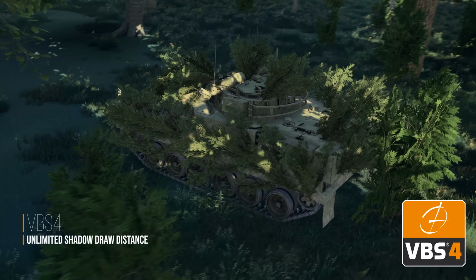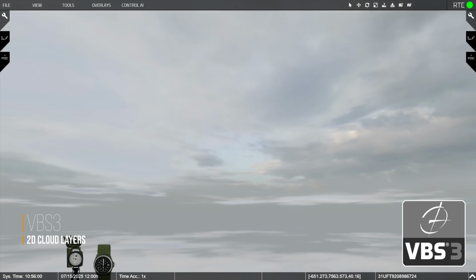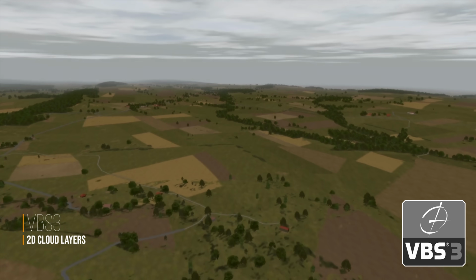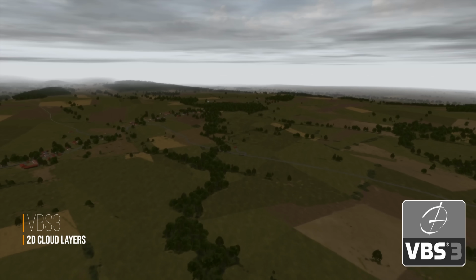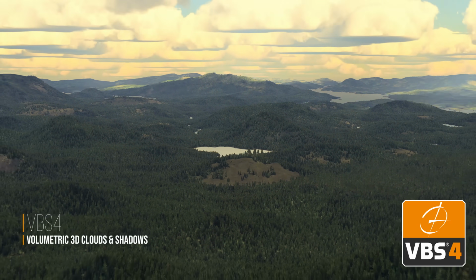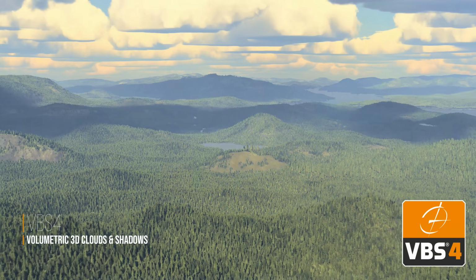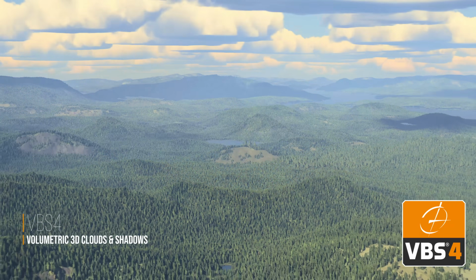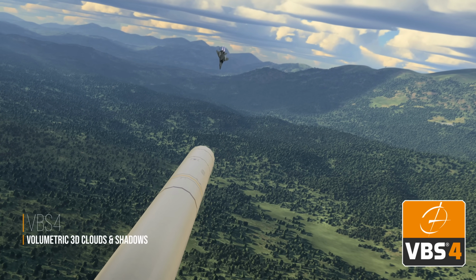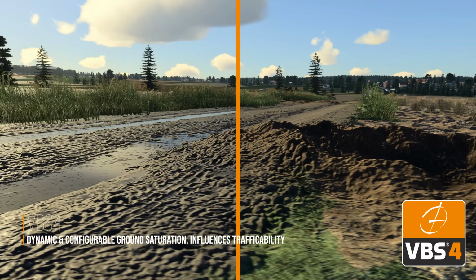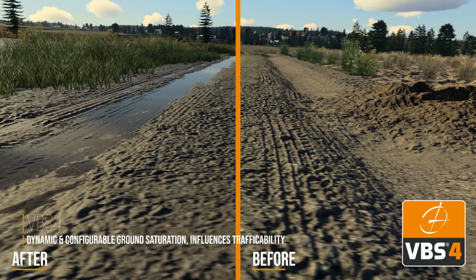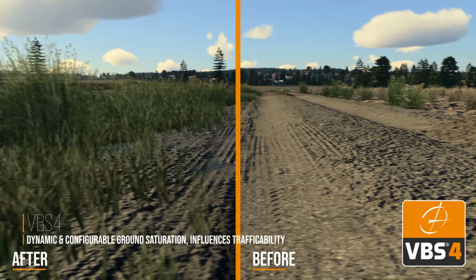more significant. In VBS3, clouds were represented by limited 2D planes. While they influenced lighting, they did so universally and did not cast shadows. In VBS4, clouds are now fully realized in 3D, move and shift with the wind, and cast volumetric shadows on terrain. VBS4 enhances representation of ground saturation, such as from rainfall, by showing the accumulation of puddles, and also models